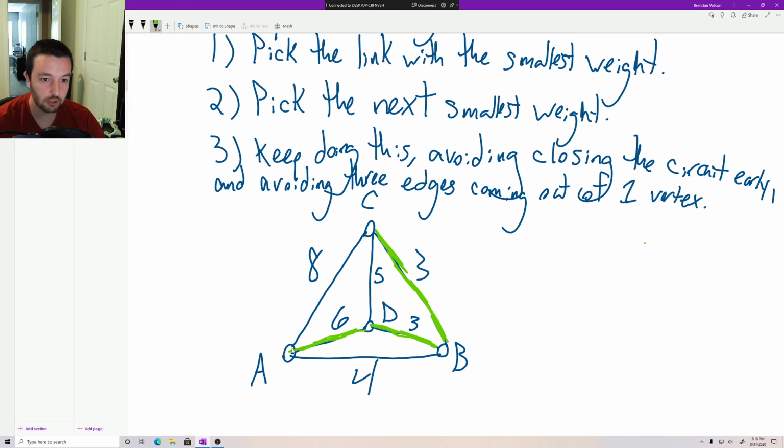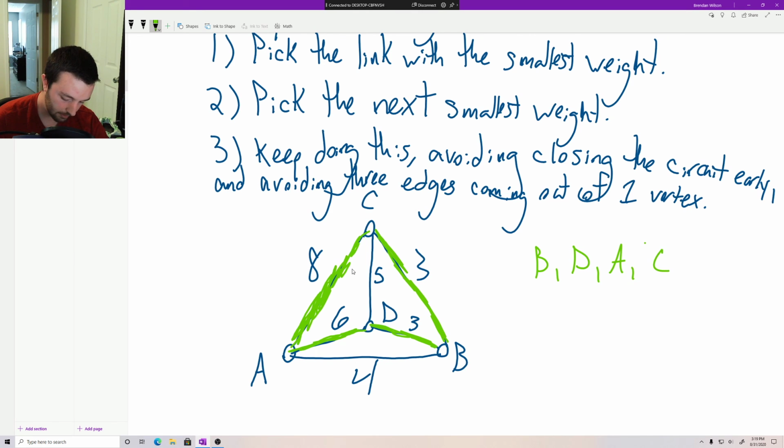So finally, if we want to close the circuit, the next smallest one is 4, but then it's not going to be a circuit, right? We're going to have this circuit with this edge coming off of it. So we have to go this way with 8. We also just can't have 3 coming out of B anyway. Okay. So this is our circuit. It doesn't actually matter which one we start at now. We didn't pick a starting vertex, but we could just write it as B, D, A, C, B,